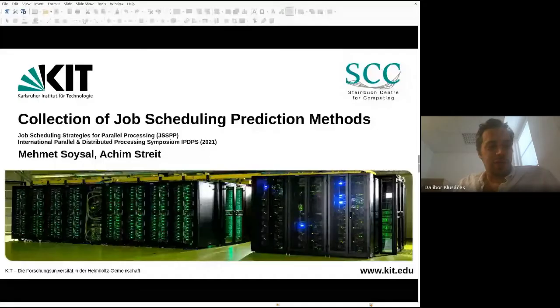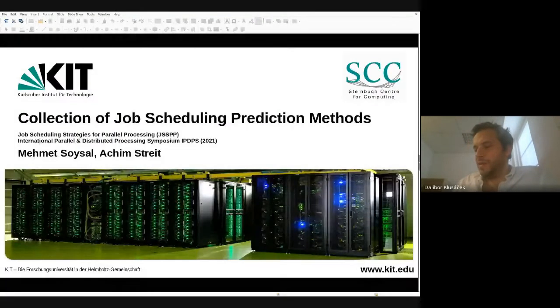runtime prediction methods more sustainable for other researchers. So that will be the first talk, and Julita will follow in the steps of workload formats and will propose some modification to the workload format. So I think it will be perfect. It will have perfect connection to what Dror was actually talking about.